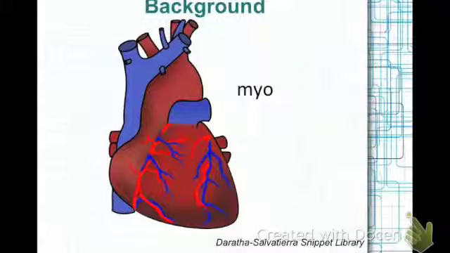The word myo means muscle, and cardio is from the Greek word cardia, which means heart. So myocardial means heart muscle. The heart requires extensive amounts of oxygen-rich blood to function and to survive. A myocardial infarction, from the Latin word infarctus, is the irreversible damage of the heart muscle that occurs when the heart is deprived of oxygen.